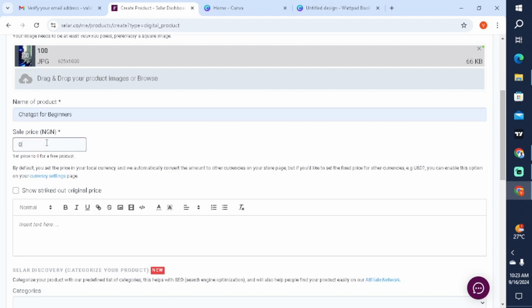And now the next thing you want to do is to insert the price of the product. Okay, you want to insert the price of the product. So let's say the price of my ebook, right? So I just inserted 5,000 naira. And let's say you want to add more currencies, you want other people from different countries to be able to buy your product. All you have to do after inserting your normal local currency is to come here to the